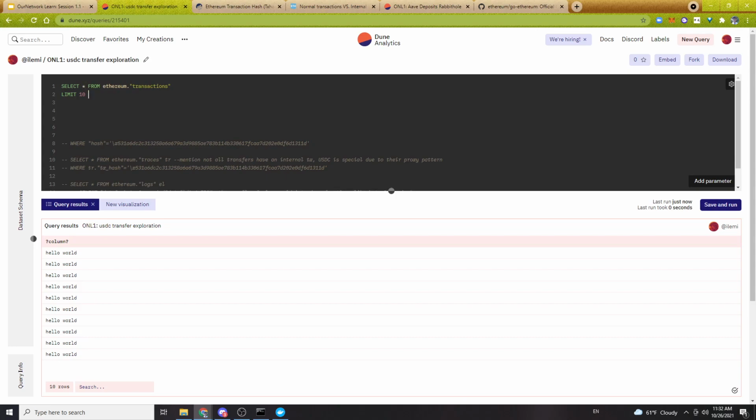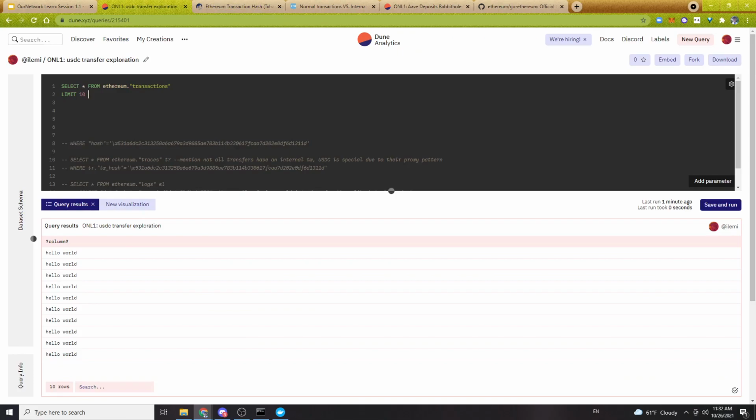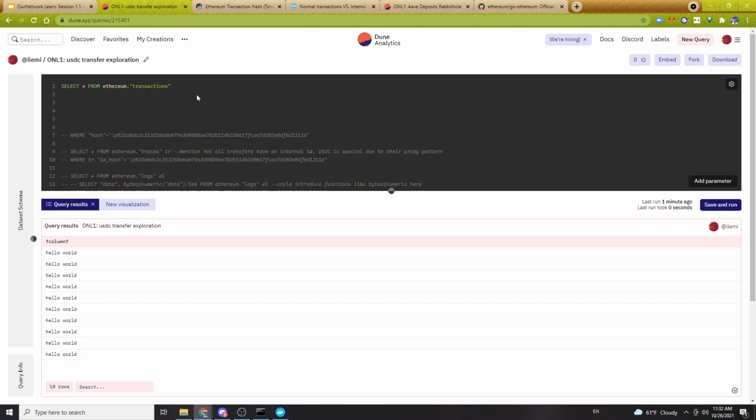All right, so let's go back to originally what I was saying. Let's look at this specific USDC transfer, the one that was for $1,000. So I'm going to take this transaction hash, copy it, and introduce the where function, essentially. Once you've selected your columns from a table, you can say, I want these columns, but I only want certain rows. I only want the rows where the hash is equal to this transaction hash. And if I run this,